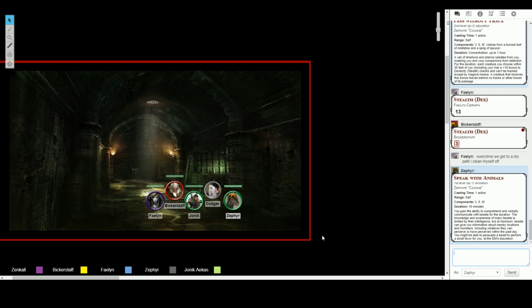Zephyr, roll me a persuasion check with advantage if you're pulling out food. Not built for this. Our homes are filled with water. We're so hungry. There's nothing to eat. Persuasion, that's a 19. And I just pull out some miscellaneous meats that I have. I've got some extra steaks or whatever left over from...